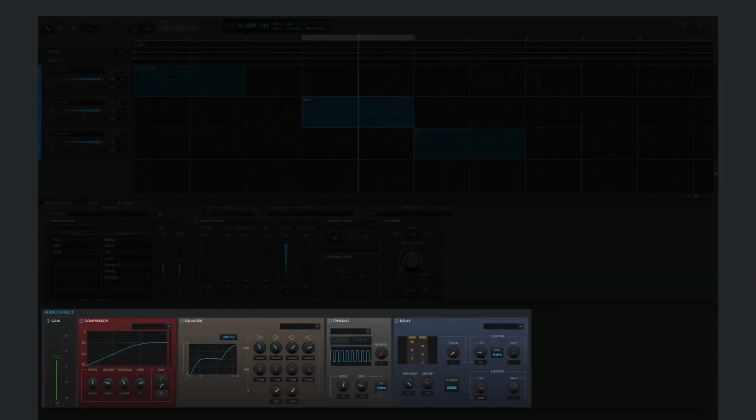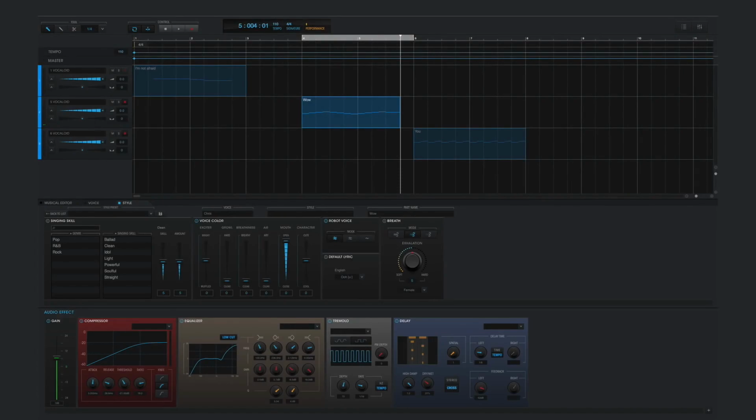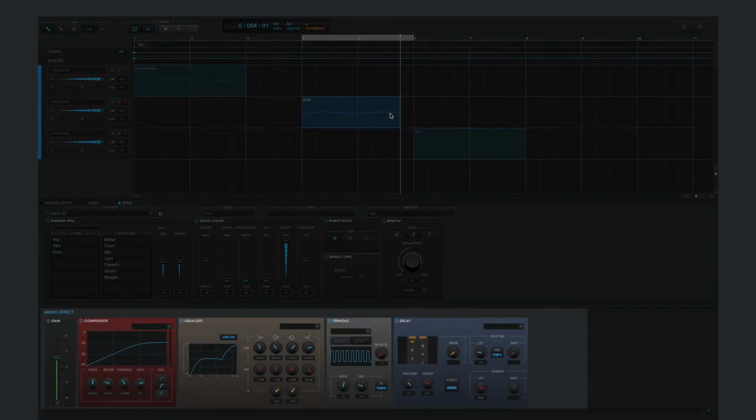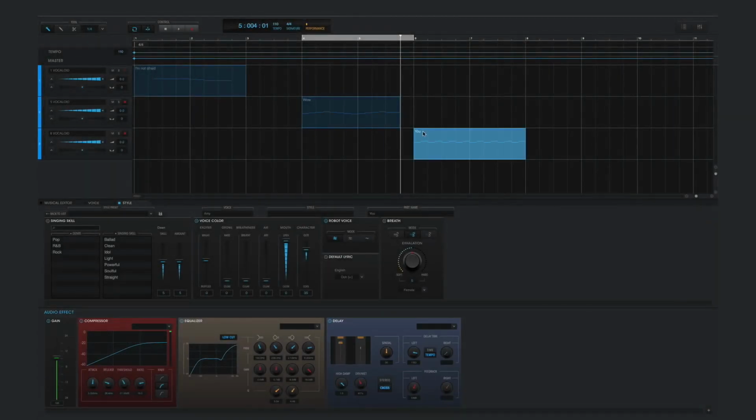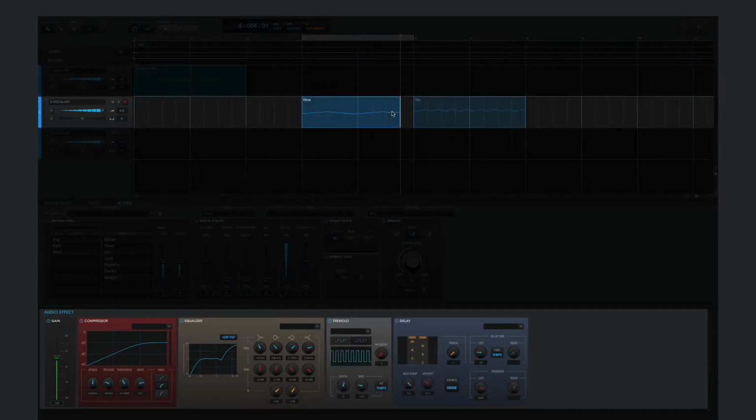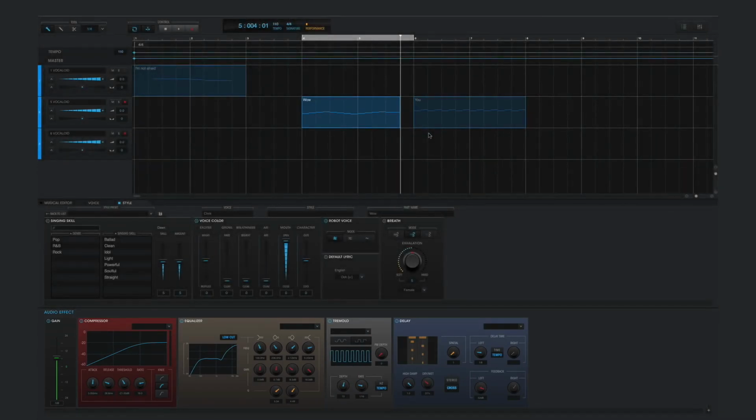And the final thing to take a look at here are the audio effects. This is a very interesting part of Vocaloid 5. And the interesting part is that this male vocal phrase and this female vocal phrase both have different audio effects attached to the phrase. Even when they're within the same track, I can add different audio effects to each singer and each phrase to create the effect that two different singers are singing together on the same track with their